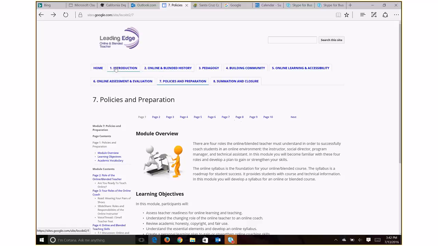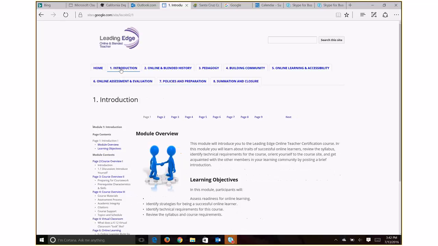So module 1, introduction, and it for some reason is linked to module 7, so I'm going to have to see why that's happening, but make sure you click on module 1, introduction, and then you'll see there are 9 pages to go over. You read each page,